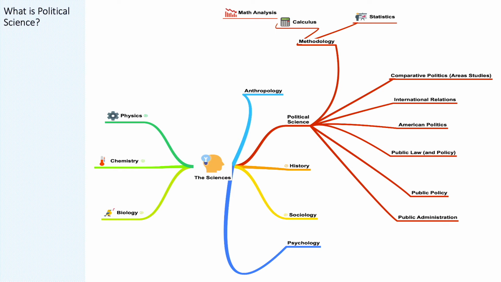There's also comparative politics. In parentheses, I have area studies. Most people who engage in the study of comparative politics have a geographical area of emphasis, sometimes just one country in which they specialize. This is not necessarily so. There are some comparativists, as we call them, people who study comparative politics. Some of these comparativists utilize statistical methods and do not have an expertise in a particular region of the world. However, the majority of comparativists do.